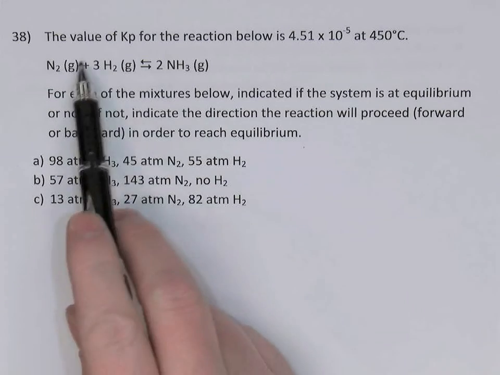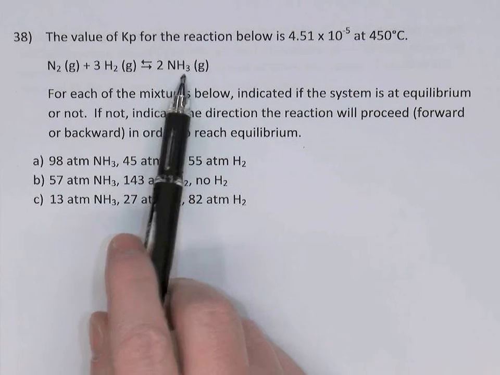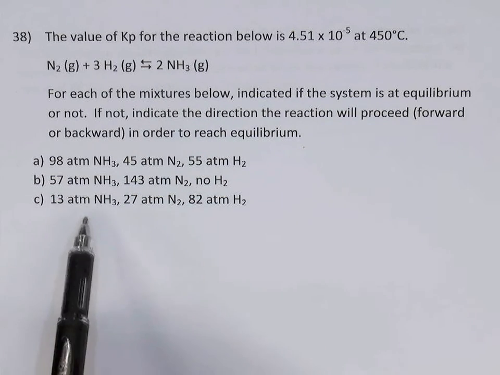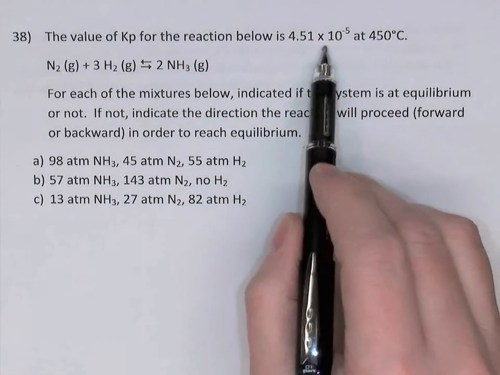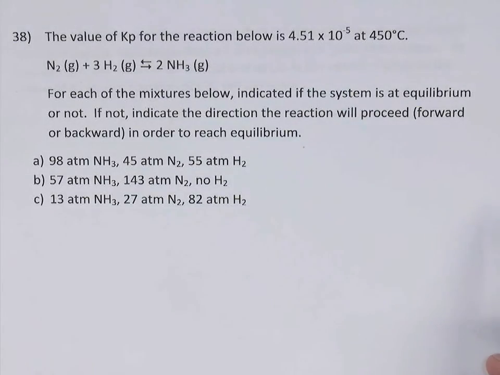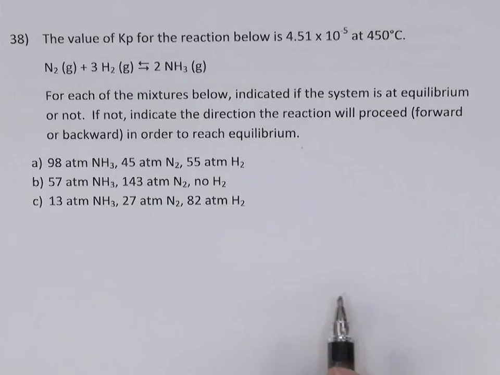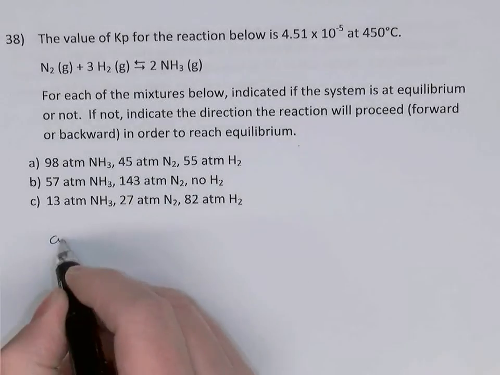We're told that the value of Kp for this reaction, this is the Haber process for producing ammonia gas from nitrogen and hydrogen, is very small, 4.51 times 10 to the minus 5 at 450 degrees. For each mixture below, we want to decide, is the reaction at equilibrium or not, and if not, indicate the direction that the reaction proceeds to reach equilibrium. If you think you know how to do this, just jump in and try it, pause the video, and then see if you're right. So what we want to do for each of these questions is calculate the value of